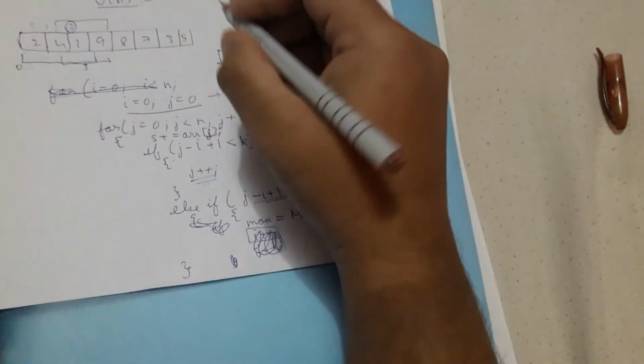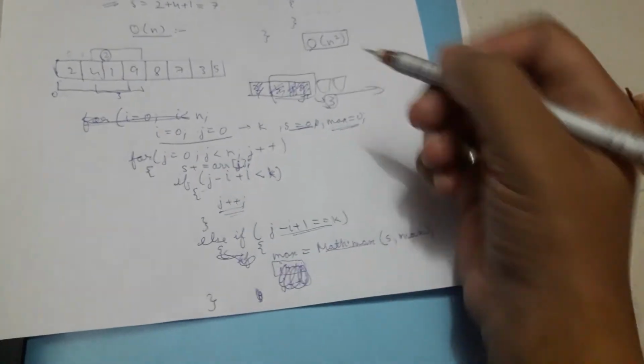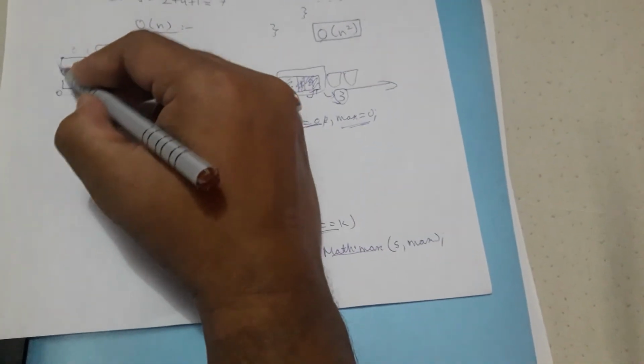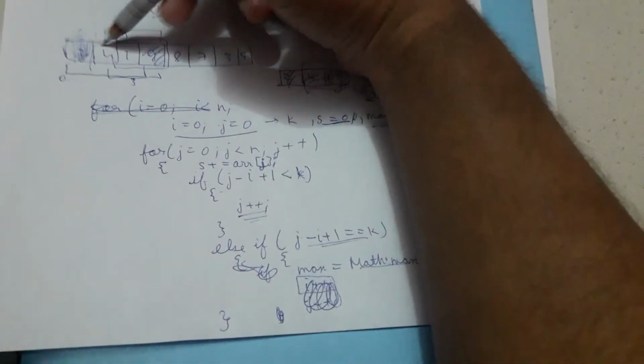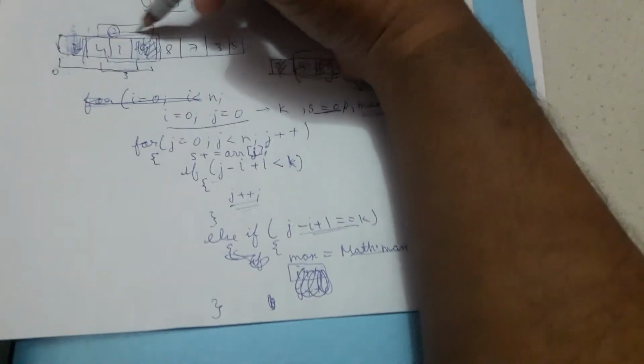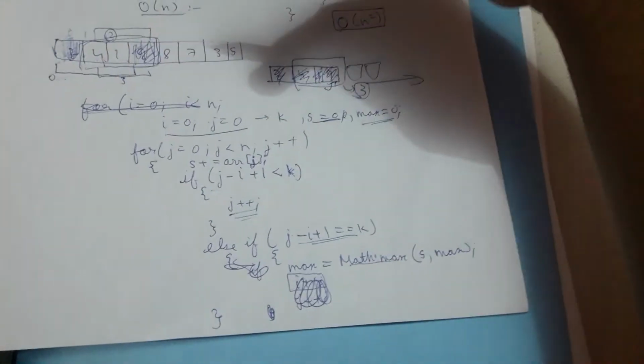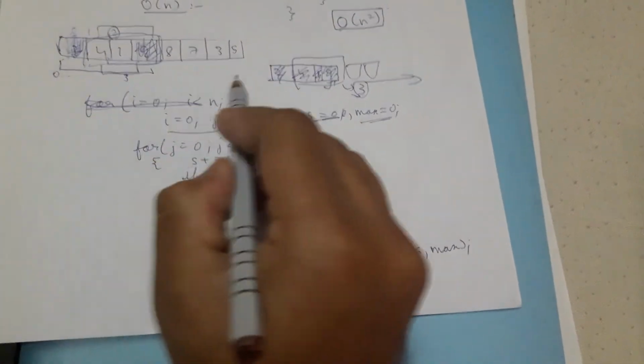I have already told you, because we are using an optimized technique, we have to remove one element and add another element. Then we will get the same window size. We have to remove one element, add a new element, and get the same window size. That is how we will slide our window forward.